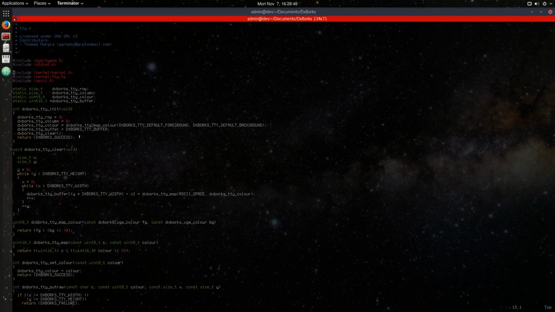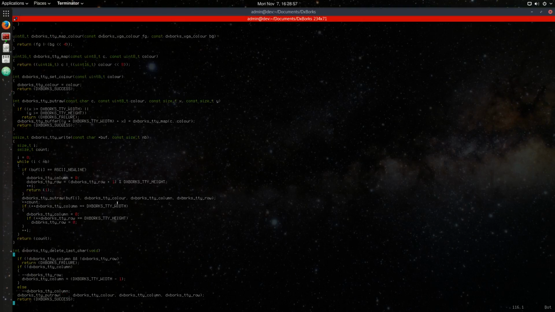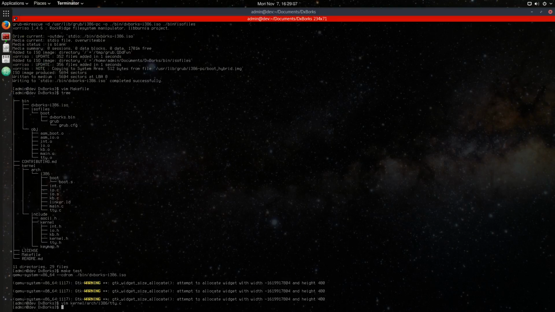Now it calls tty_clear, which is defined right here. It just clears the screen. I also added, I think that's it. Not much changes. I only refactored the whole thing. Well, I think that's it. Oh, right,